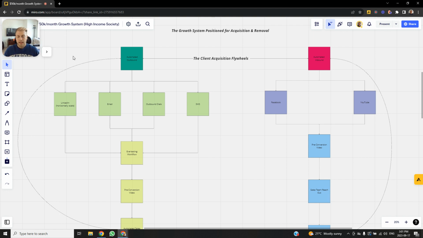The reason we call it that is because we've actually proven this for clients of ours that we've been able to add above $50,000 in monthly recurring revenue to their businesses. So I'm going to break it down for you here, and give you the simplistic foundation of this system, so that you have a good understanding of how to